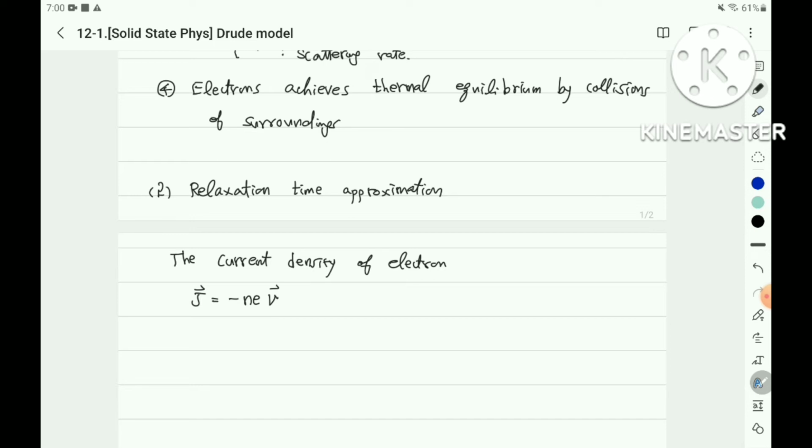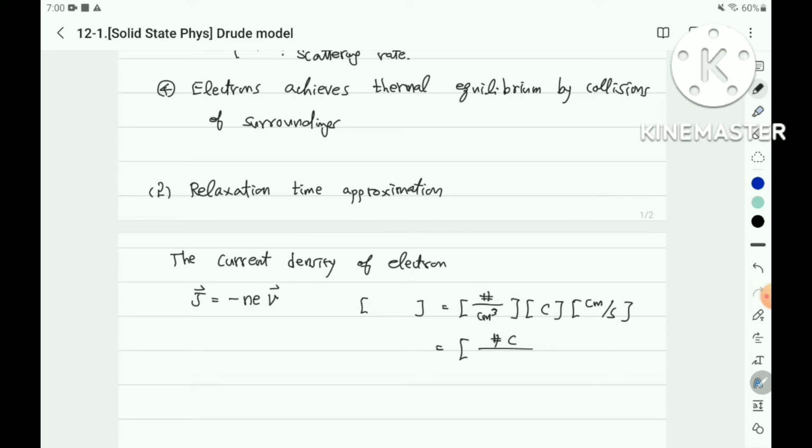Let's consider the units. On the right side, N has the dimension of number per cubic centimeter, E is in coulombs, and V is in centimeters per second. Then the units are number, coulomb,